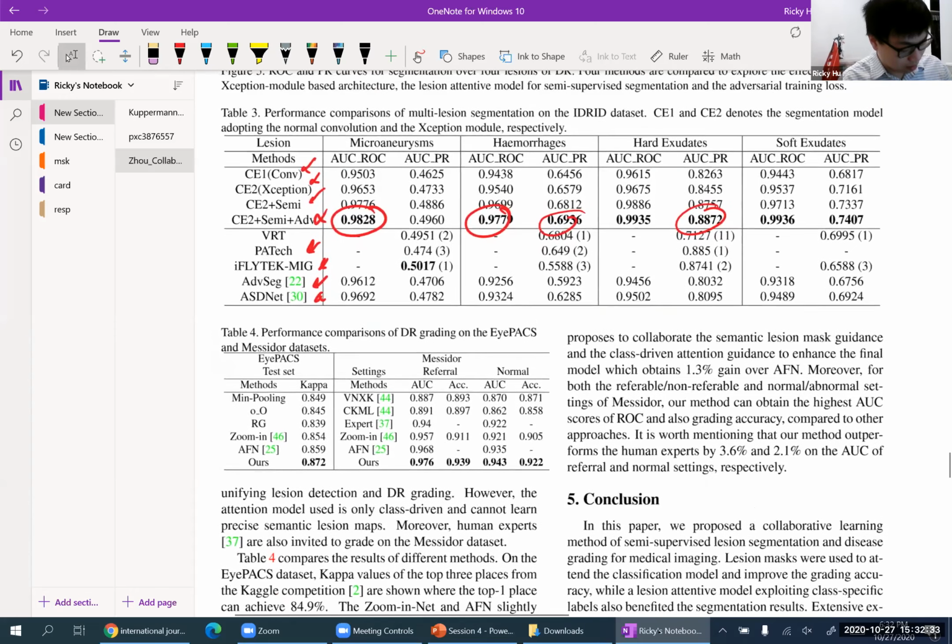So overall, it's a very strong paper. I won't go too in depth into it. I think we've gone through enough for now, but you can see they've gone through all the due diligence to